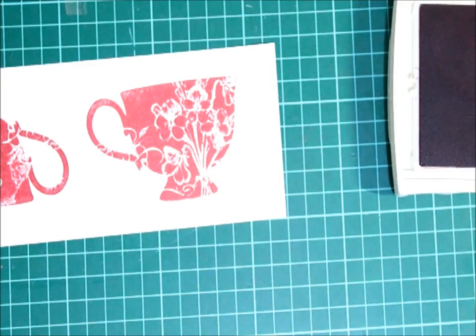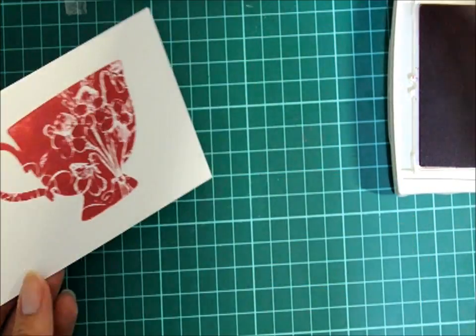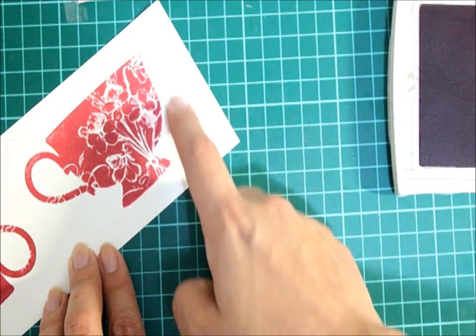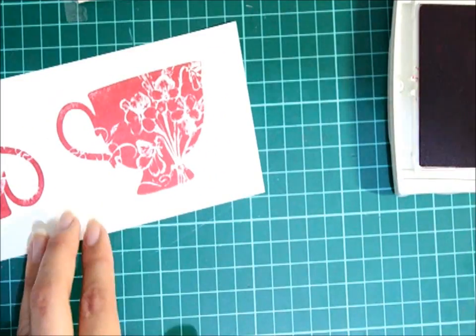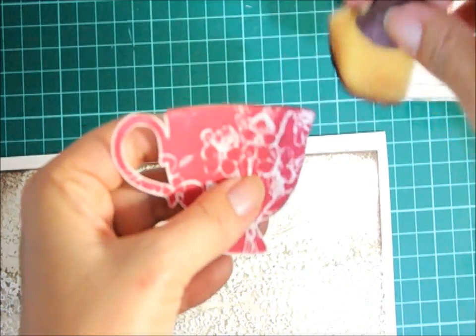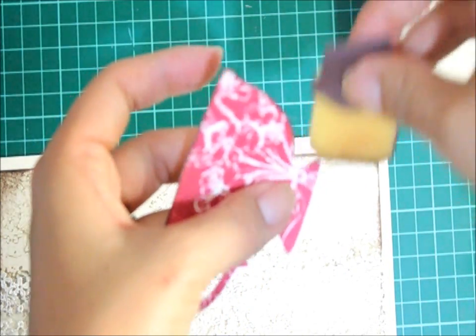Okay, I'm a lot happier with that one. It's such a pretty teacup. It's so delicate. So what I'm going to do is grab my paper snips and really fussy cut around that teacup. Alright, so I fussy cut around the teacup, and then using the same sponge that I got some crumb cake ink on,